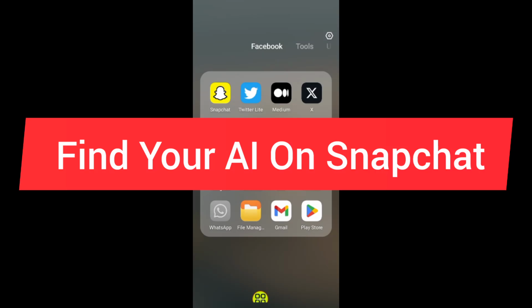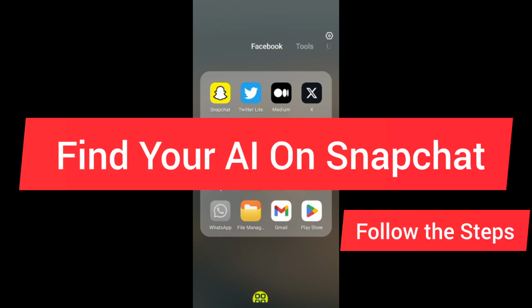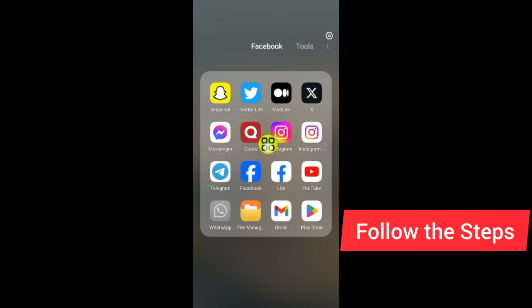How to find My AI on Snapchat. In this video, I'll show you step by step how to get My AI, or how to see My AI on Snapchat. First of all, after you open up your phone, go to your Play Store or App Store